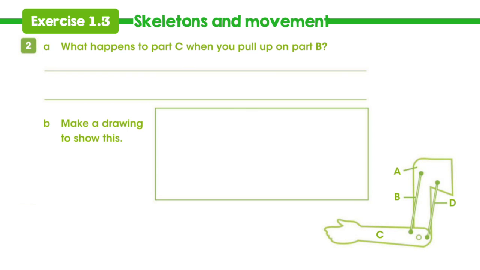So now in activity 2, you are going to answer the following question. What happens to part C when you pull up on part B? What happens if this part, the bicep, contracts? What will happen to part C? Great. Part C